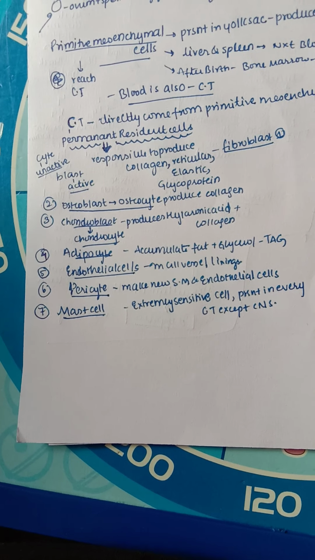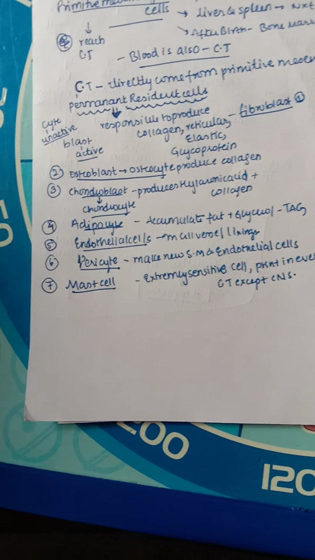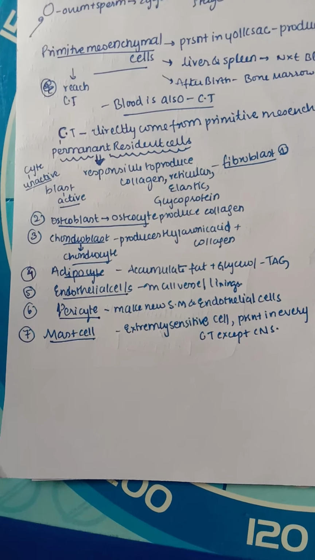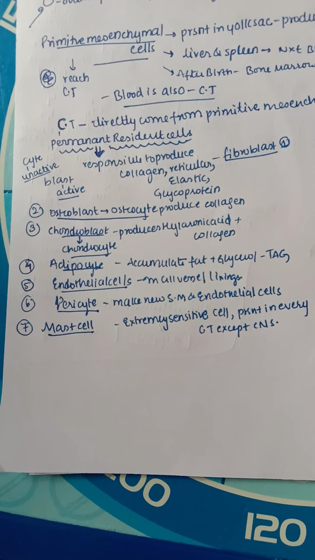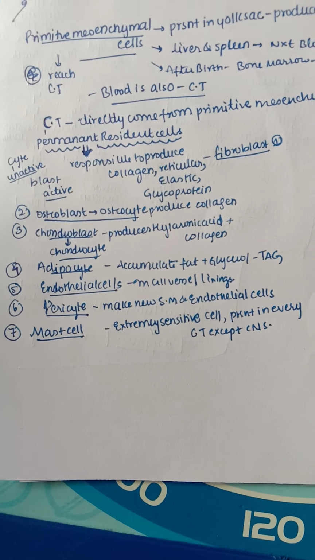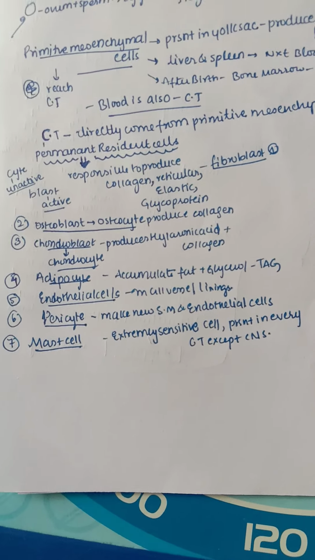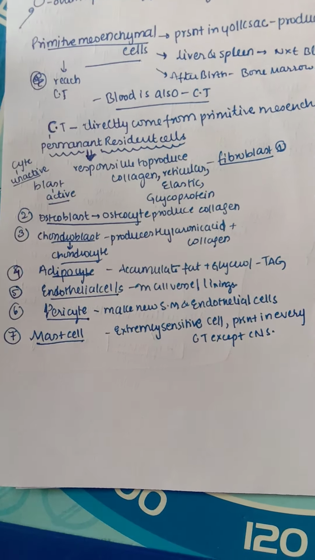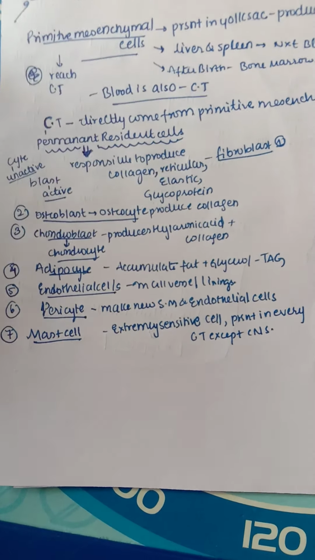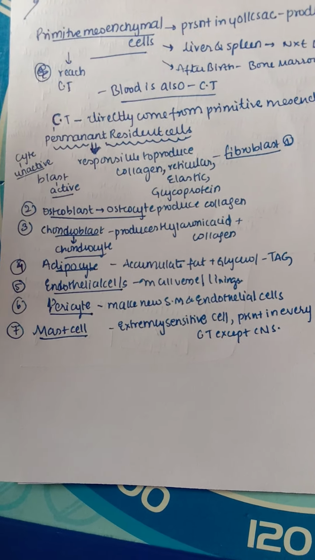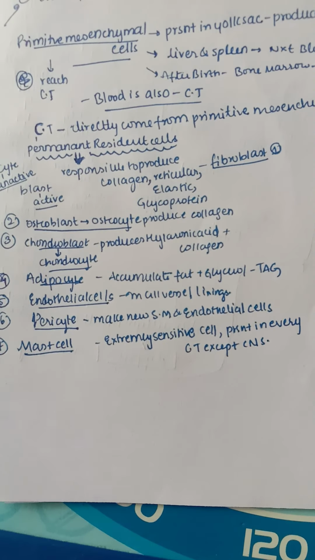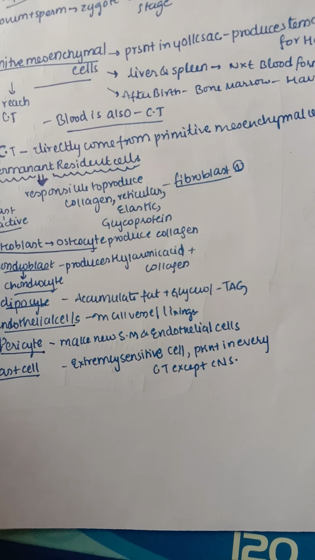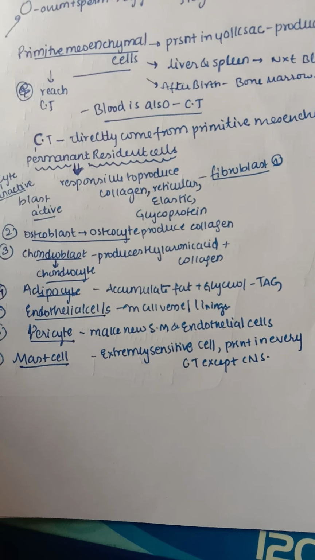And the endothelial cells, yeah, we know mainly endothelial cells are present in the blood vessel linings. And pericytes are nothing but cells which make new smooth muscles and endothelial cells. They are present near the endothelial cells, randomly arranged. Whenever the endothelial cells are damaged or there is any problem, the pericytes can form the smooth muscle and also the endothelial cells. If you remember in our blood vessels histology, in the media the smooth muscles are present. So whenever the smooth muscles are damaged, these pericytes can form them.